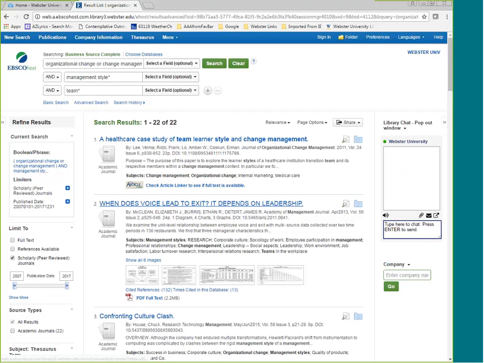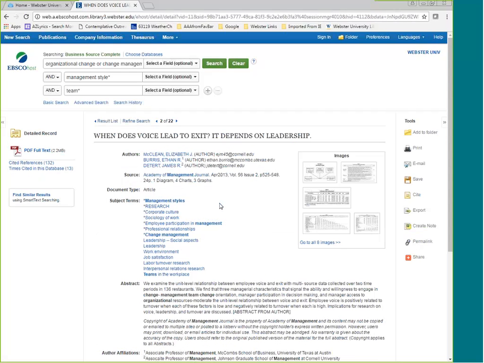The second one does indeed talk about management styles, change management, and teams. So it has all three of our search words in that particular record. What we can do is click on the title, and that will show us the record for that article.